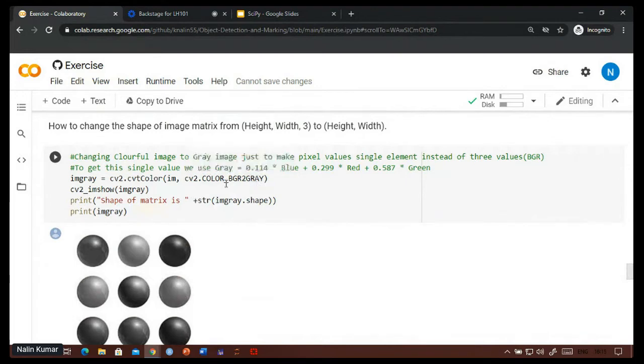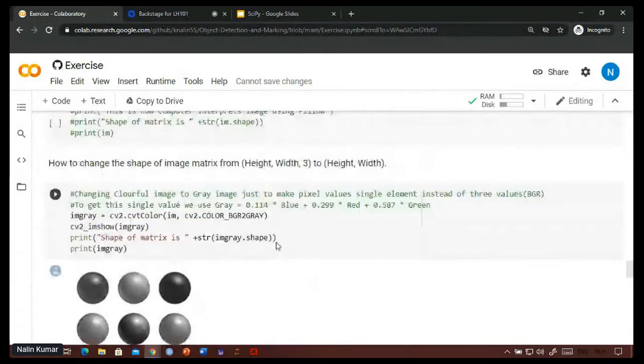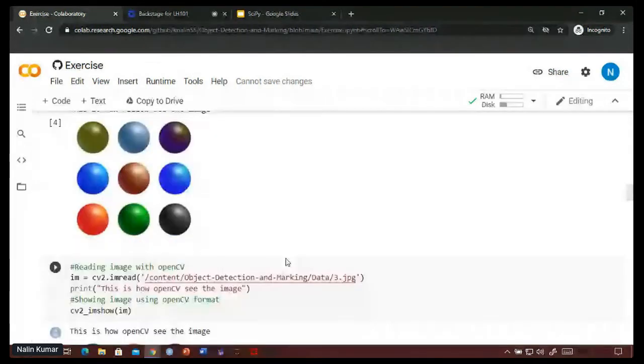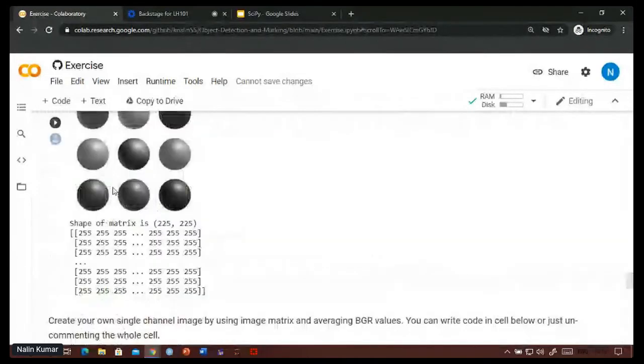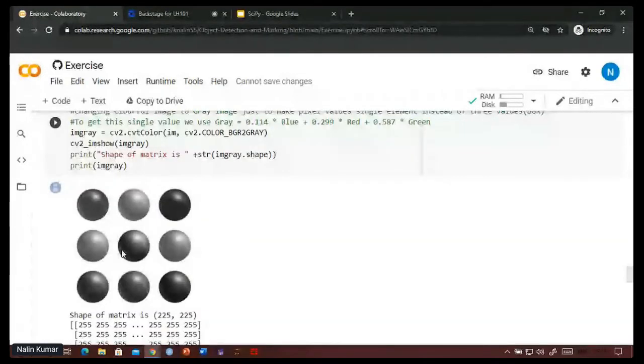The weights are 0.114 for blue, 0.299 for red, 0.587 for green. So the image which was like this one is now like this one. You didn't exactly lose the color feature of the image, but you still reduced the matrix size.